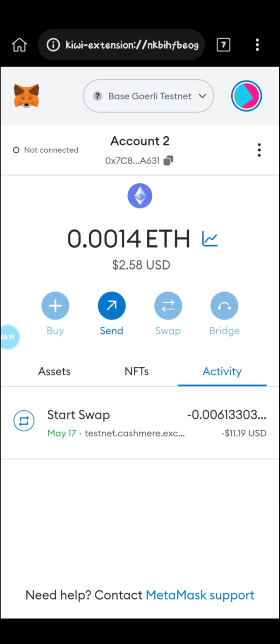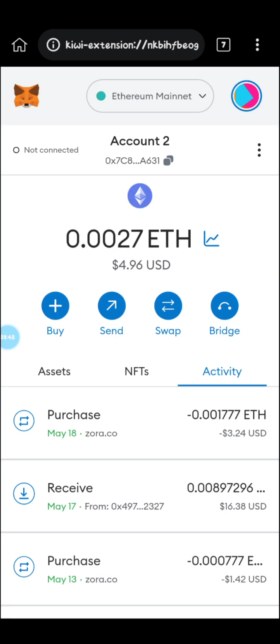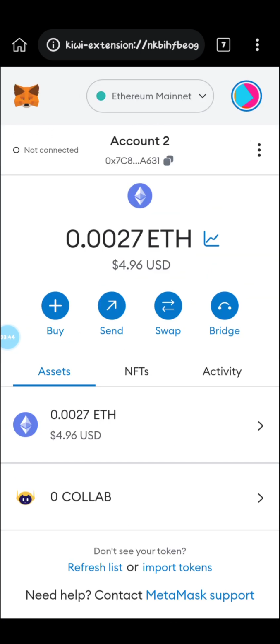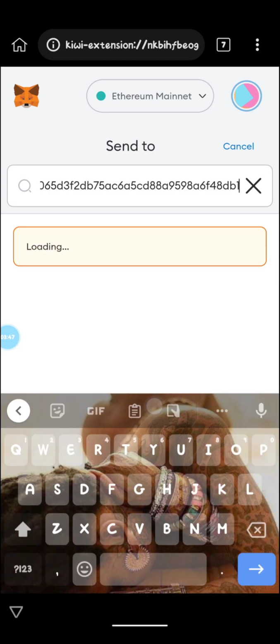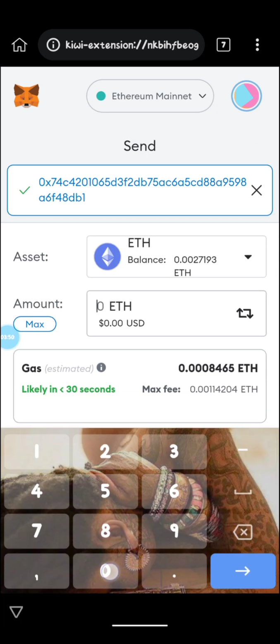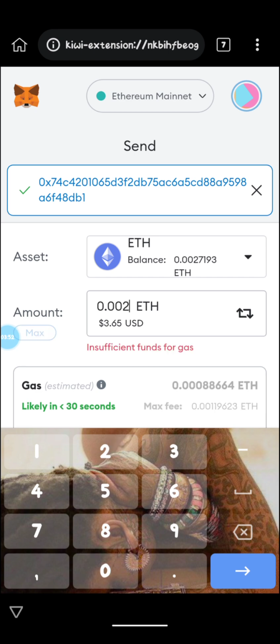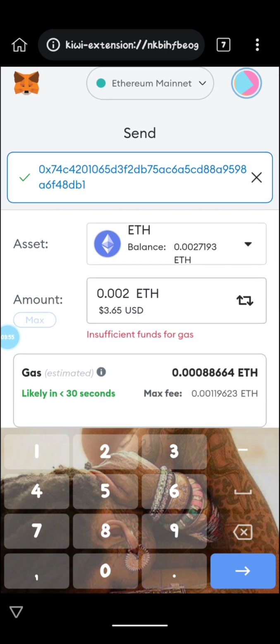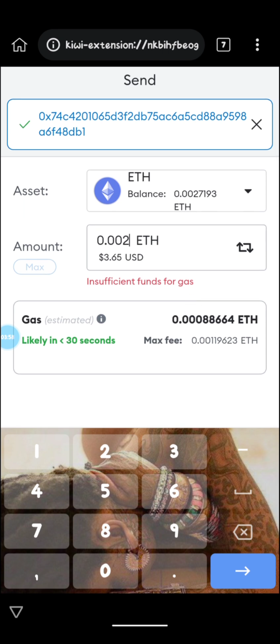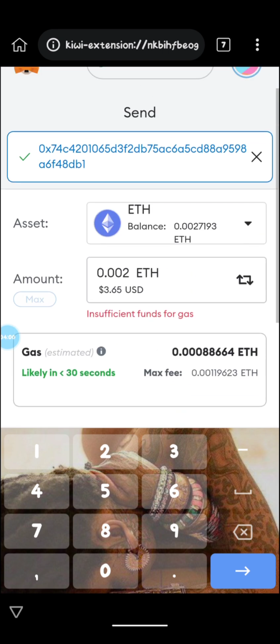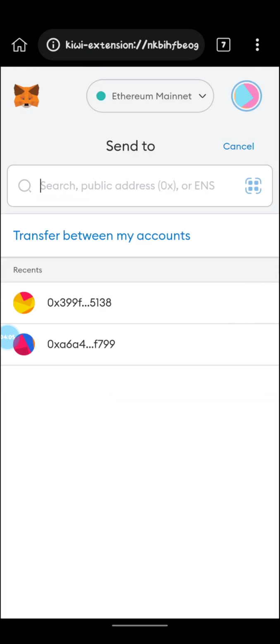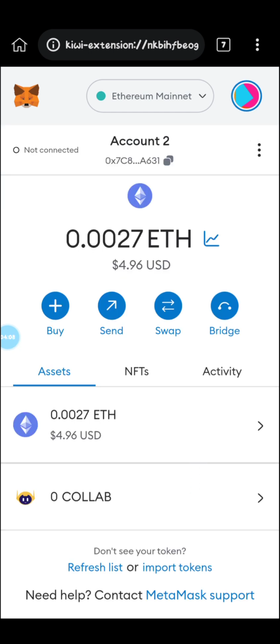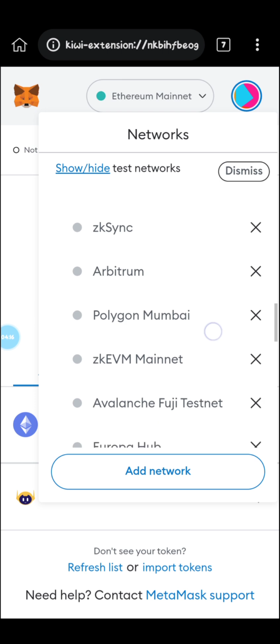So click on Ethereum mainnet. It's going to take you there, and you click on send. Paste the wallet address you copied and enter 0.002. Like I said, this is approximately $3. You have to have at least a bit extra for your gas fee. Because I've already done this and won't be needing it, I'll just exit. Once you send your mainnet ETH to the wallet, you're going to get a faucet on your